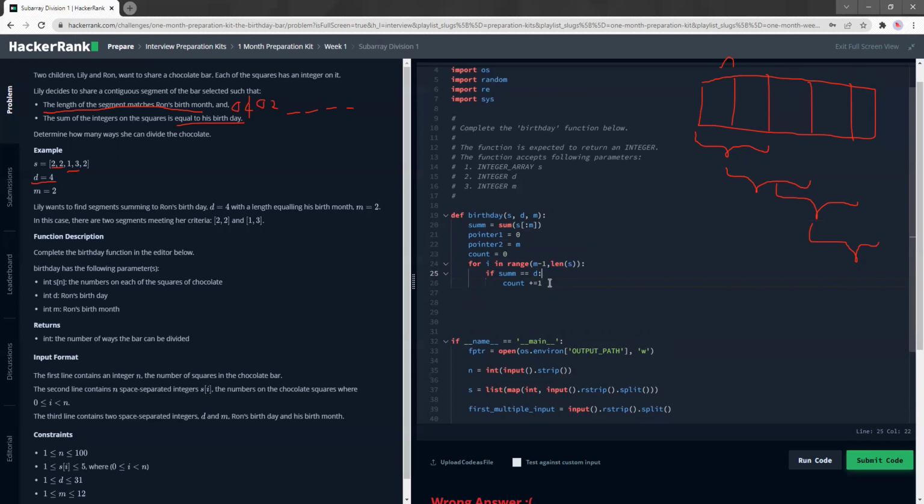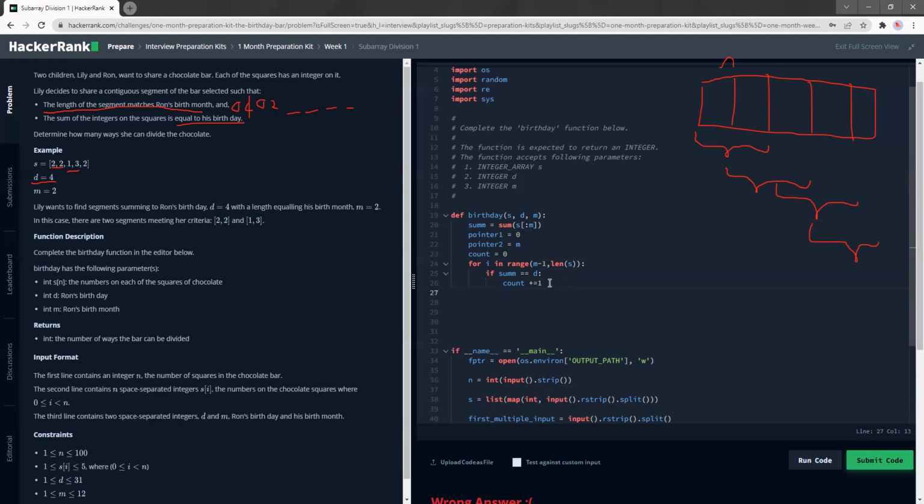So how do I get the sum? Okay, let's retract a bit. If sum is equal to D, I'm adding 1 to the count. And there's no else condition, it'll just continue. But either way, if it is equal or not equal, I need to move on. I need to progress to the next level. So sum is going to be, let's say, plus equals